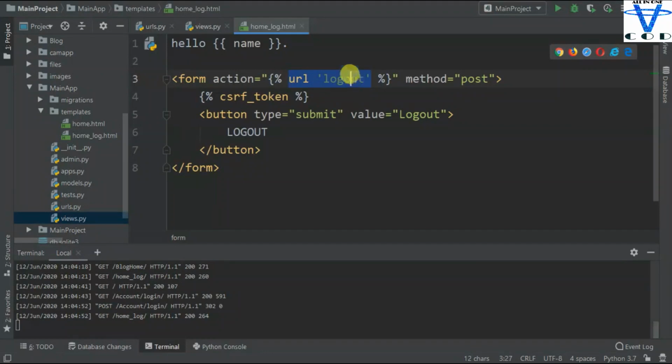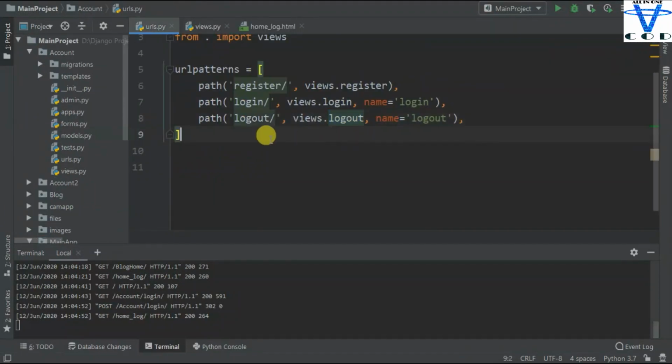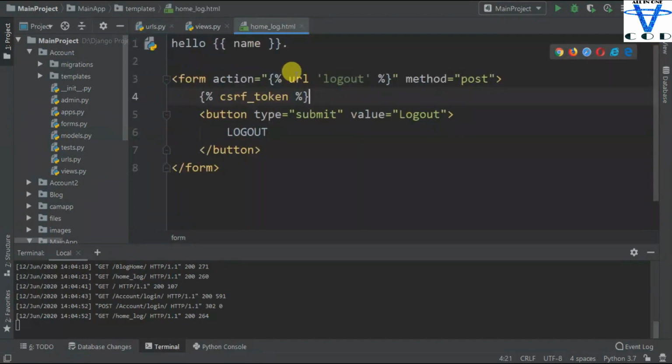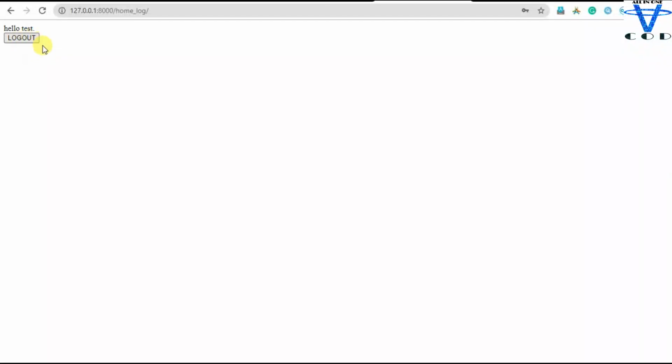Now what is this logout? You can see the logout is my logout URL, with name equal to logout. You have to add the name equal to logout, otherwise this is not going to work. I passed the url keyword with the logout, my logout URL name, and method equal to post. And because I use method equal to post, I am using this CSRF token. If you are using post, you have to use this CSRF token, and I just created the logout button. Now whenever we click this button, it is going to redirect